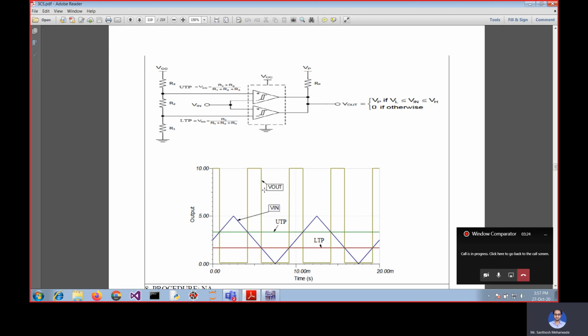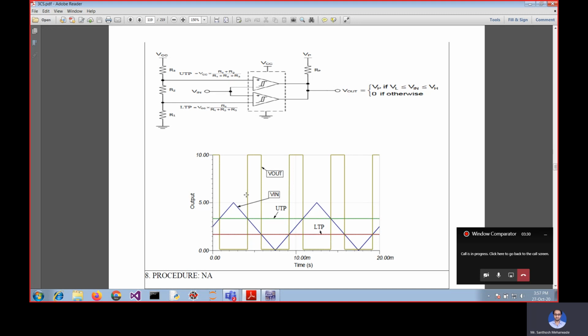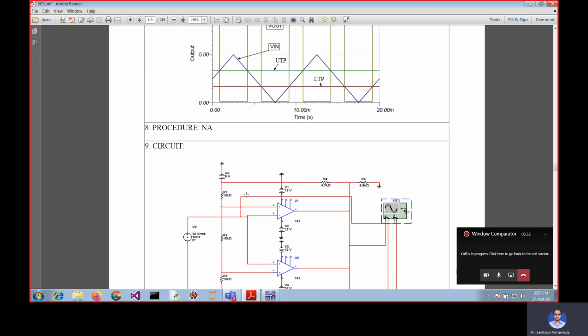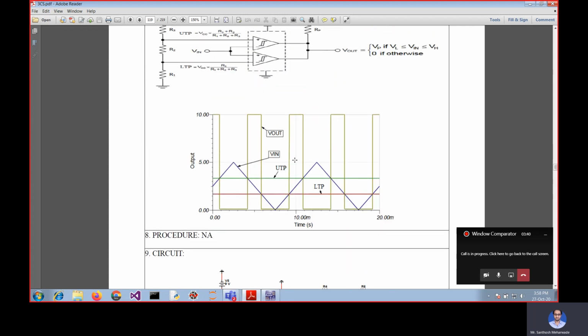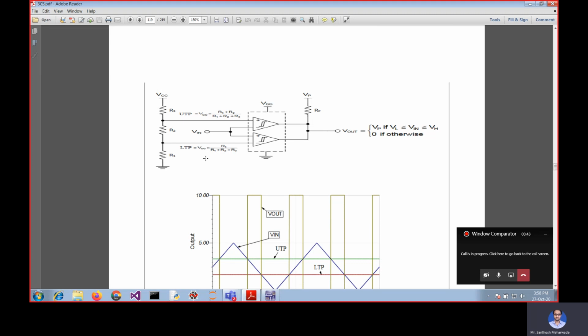This kind of waveform we are expecting at the end of this simulation. Okay, so in this manual you have this circuit, but actually it is not accurate. So we will follow this circuit diagram, and we will try to simulate the window comparator.